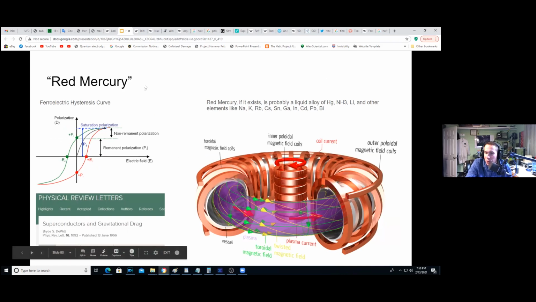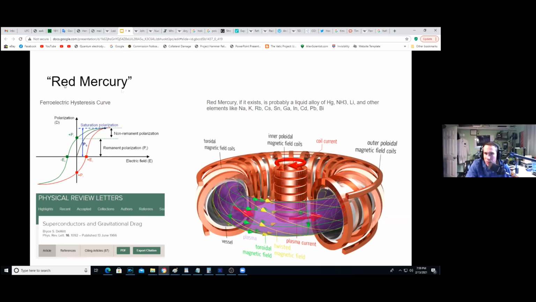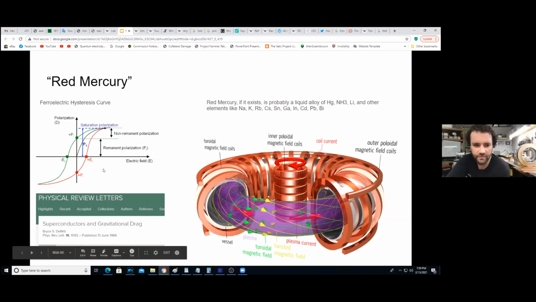And you mentioned red mercury as being, I think, who was that? Evan, was that Ronald? Who mentioned that? Sorry, I forget who it was earlier that mentioned it was barium titanate in the red mercury, but it might be other things. It could also be a liquid alloy of mercury, ammonia. Paul Murad. That was Paul. Paul Murad said that red mercury was mixing some barium titanate in with the mercury. We might have some interesting effects. Also, some plasmas are near superconductors.